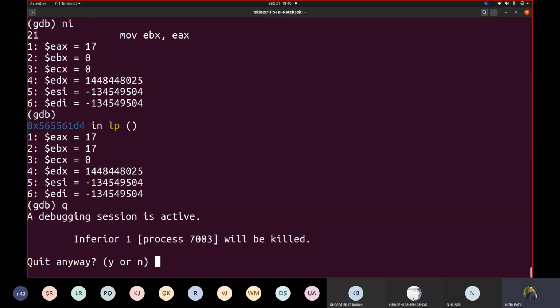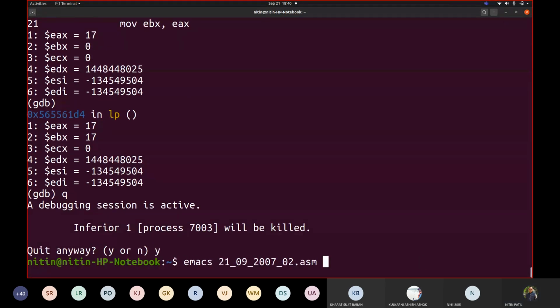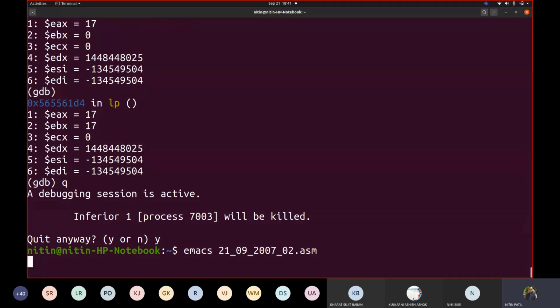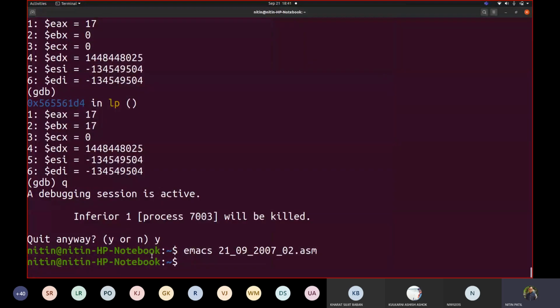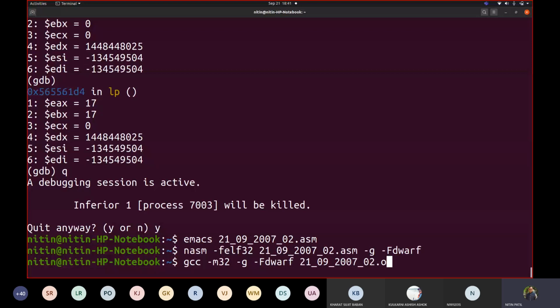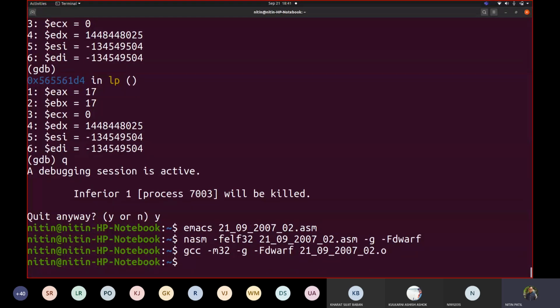Okay, so let me add one more thing over here, for your understanding. We made ECX 0, so I will add here increment ECX, so ECX will become 1. Let me show you the change I made in the NASM file, the 21092.asm.